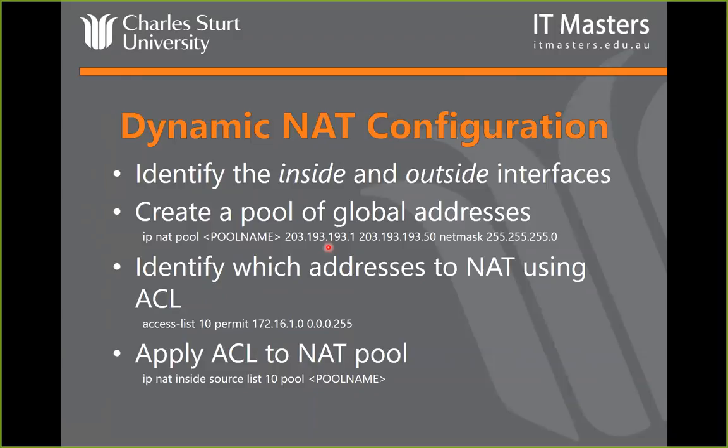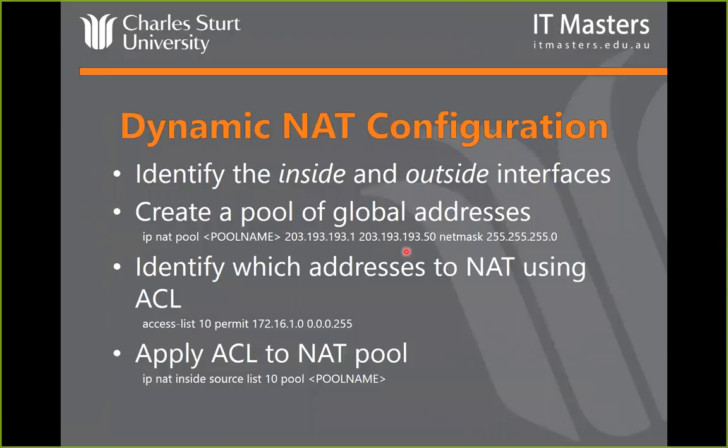Okay, now, a couple of different questions which I'm sure will arise. And one will be, I'm sure, once you run out of this pool, what then happens to any additional addresses, because we've got 50 in the pool here and we've got potentially 254 addresses there. What happens when it runs out? Okay, so two answers to that question. It depends on IOS, can depend on platform. Answer 1 is that NAT will stop working. So once 50 addresses have been NATed, that's it, that's the limit, okay?